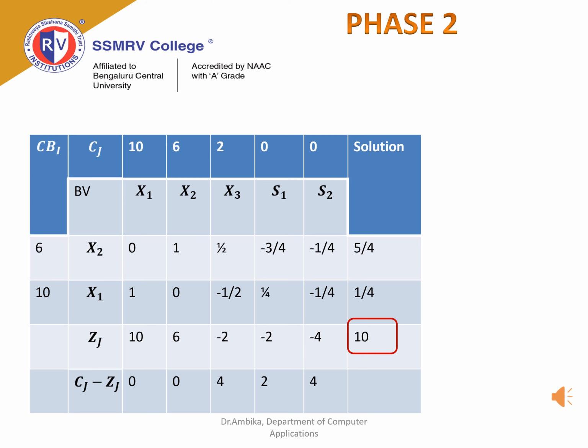In phase 2, we enter the rest of the values from iteration 2 except the Cj row and Cbi column. The Cj row is obtained from the objective function, that is, the coefficients of the objective function that is given are entered. Cbi contains the coefficients of x1 and x2 as given in the problem. We calculate Zj and Cj minus Zj for the same. The value of the solution obtained, that is 10, is the end value obtained.